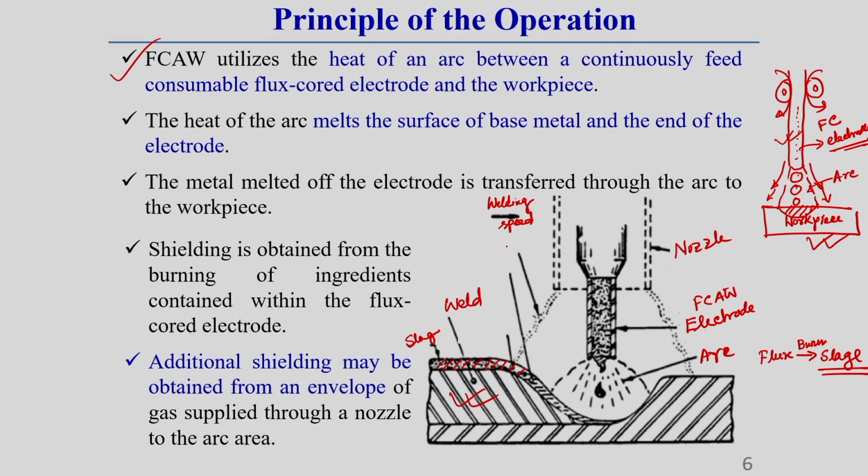This is called shielding gas. Instead of writing shielding gas, I am writing only gas. Okay. And this is the molten droplet, filler droplet. Just keep in mind how it is formed. Now, keep in mind what I have already told you. Shielding here is generally obtained from burning of the electrode ingredient inside the core, and additional shielding may sometimes also be obtained, if required, by using some extra shielding gas cylinder.